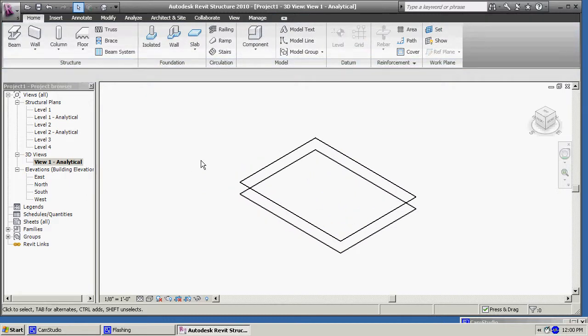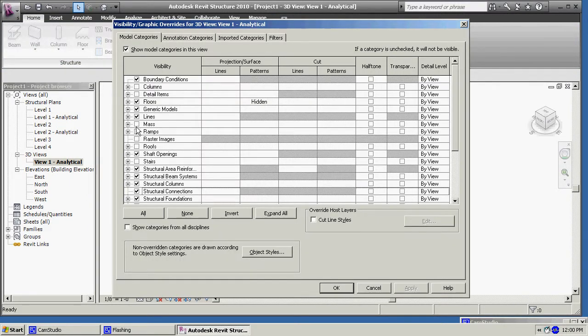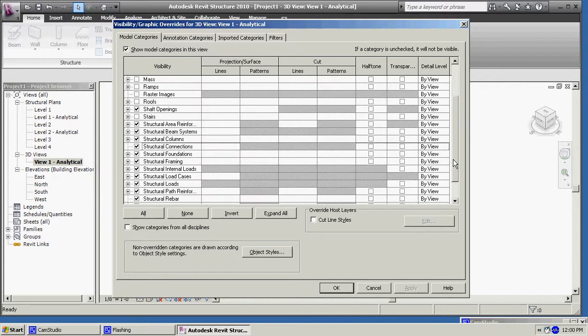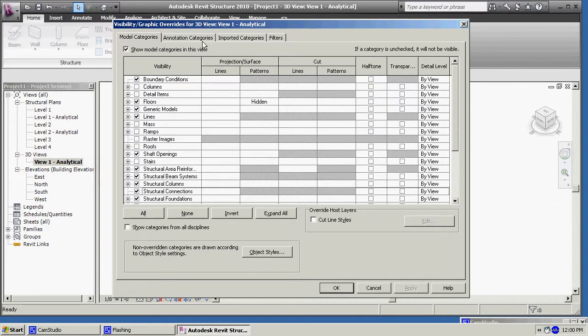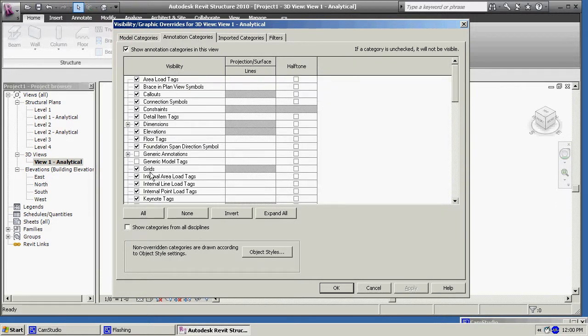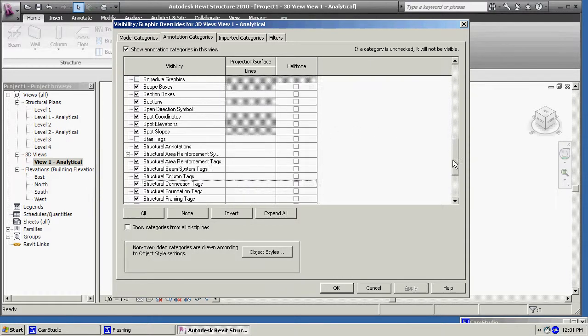VV, VG, all of a sudden we're looking at all kinds of different boundary condition columns, detail floors. We'd like to see something called Grid on there, and you see it's not there right now. Annotation curve. You would like to see the grid. We'll look for the grid because it's always a great idea to see the grid. Imported categories and